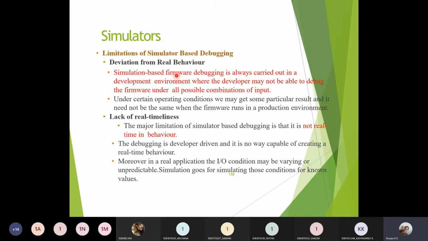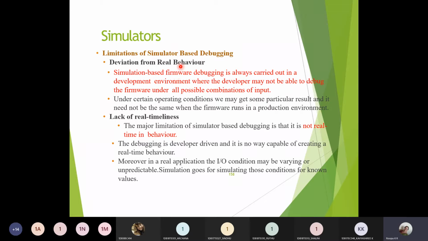In any simulation-based software debugging session taking place in a particular environment or IDE tool, the developer will be able to fix the bugs. He can recognize that for this input, if I am getting a different output, then there has to be a variation in the input parameters or in the circuit. He can check and edit the circuit, test the circuit, and get the output for different combinations of the input using the simulator.